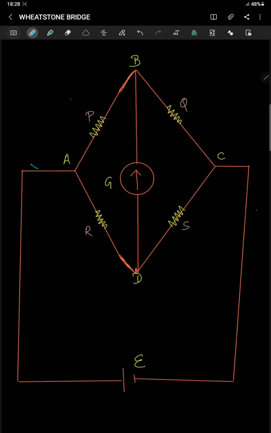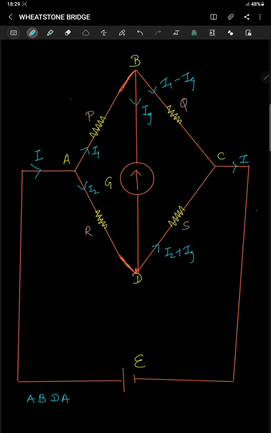So here current I is going to come. It will be divided into two parts. This will be I1, this will be I2. This I1 will again further be divided, and here the current which enters the galvanometer is Ig, and here how much will be the current? I1 minus Ig. Similarly here Ig comes, and here I2 comes, and here I will have I2 plus Ig, and here again what will come out is current I. Okay, so let us first look at the loop A, B, D, A.